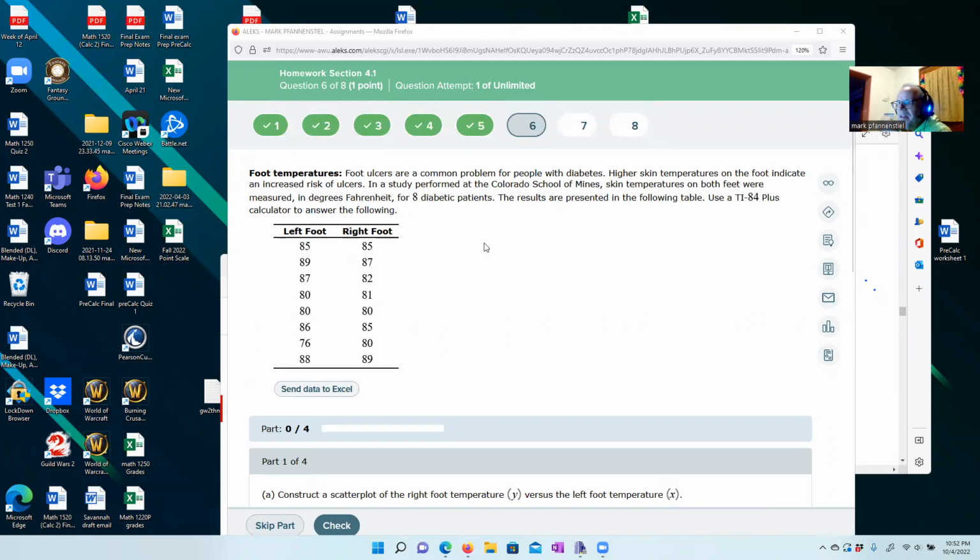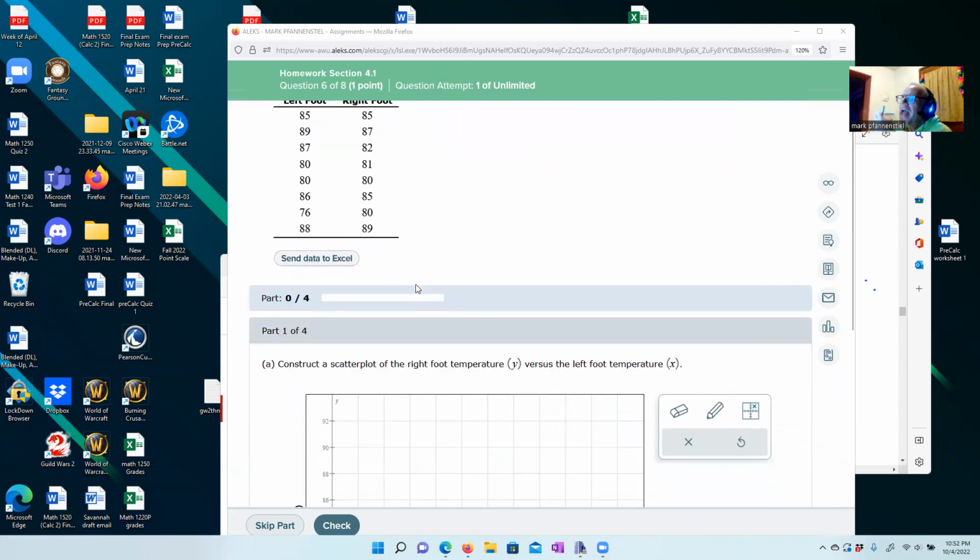Okay, so let's see. This problem talks about foot ulcers, which are a common problem for people with diabetes. Higher skin temperatures on the foot indicate an increased risk of ulcers. A study was performed at the Colorado School of Mines. Skin temperatures of both feet were measured in degrees Fahrenheit for 8 diabetic patients, and then we're given the following